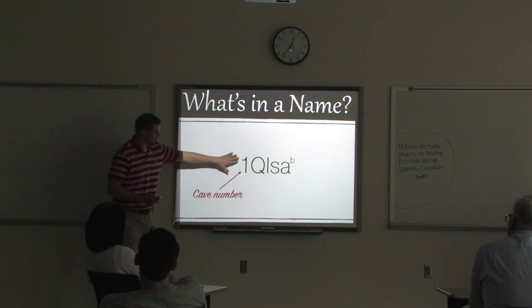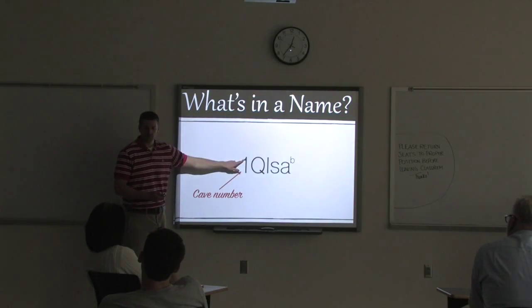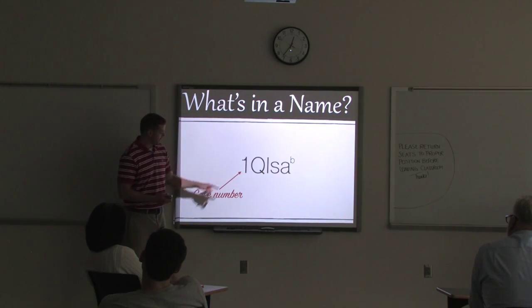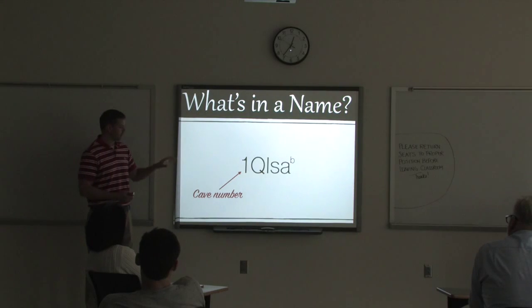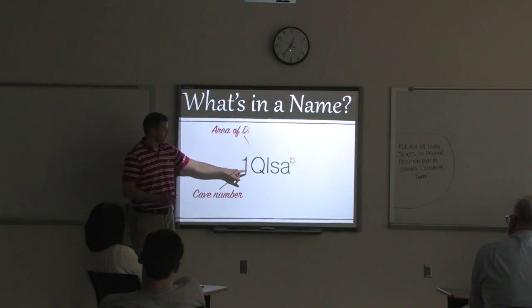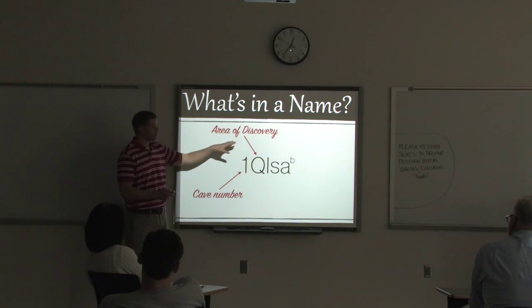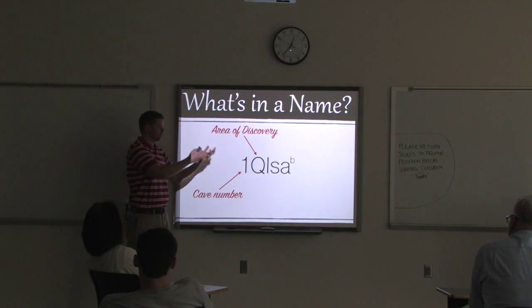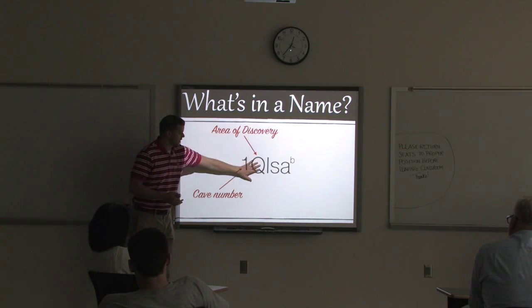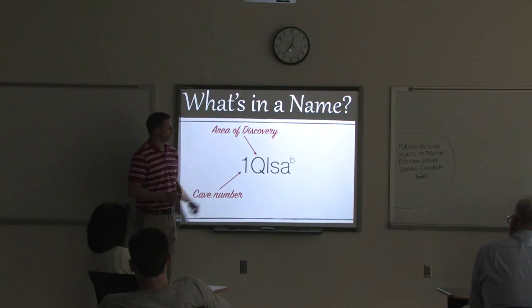On the very first of these designations, you'll have a number. So number 1, number 2, number 7 in this case. The number in the front, this represents what cave it was found in. So cave 1 would be a 1. Usually there's a Q. The Q is for Qumran. That's the area in which it's discovered. There were some texts in Masada, others in different places. So you'd have different words here if this was not Qumran. So Q is for Qumran.